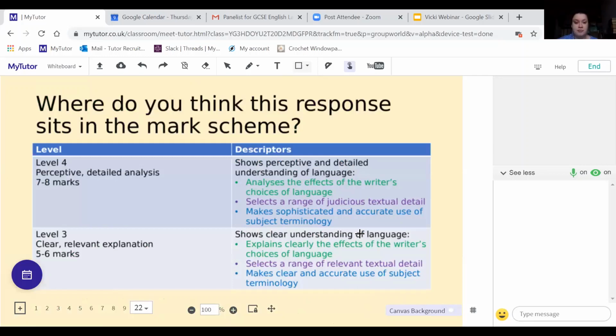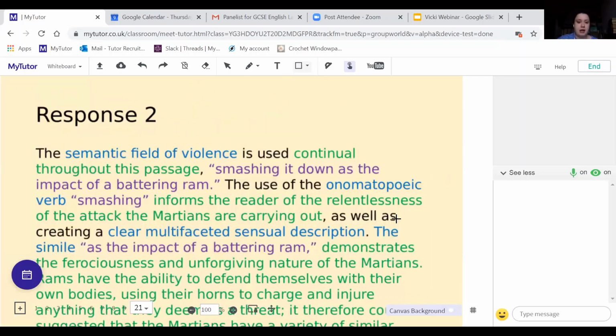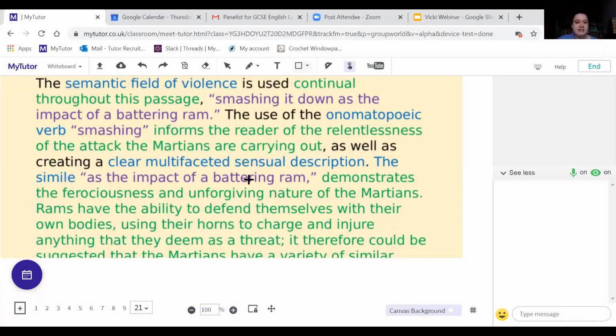And then our analysis, so we're looking at the green. So this is all the same. It's how I deal with this quotation here. So I'm talking contextually about rams, what I know about them, why it might be likened to a ram, why the writer has chosen to do that. So that sort of takes on my wider world knowledge and puts that into my analysis and shows how I understand the text.